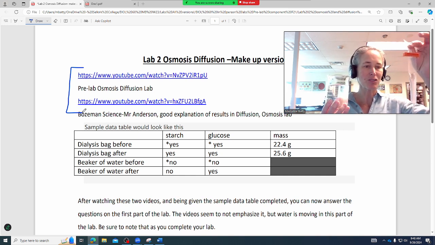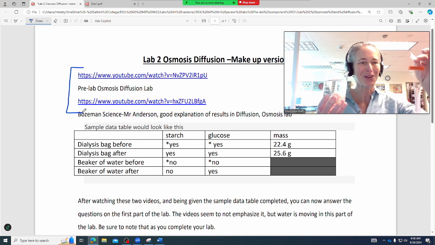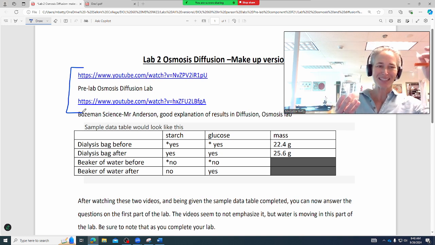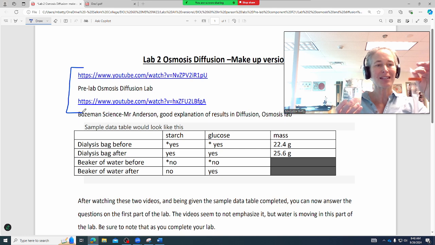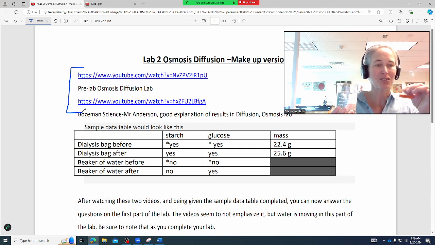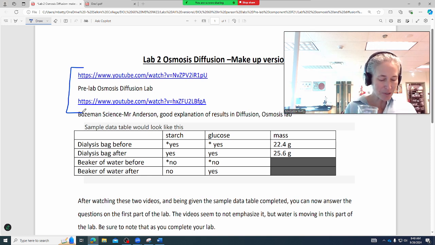I'm basically going to go through the results of this lab in this video. And so what you're missing out on is the time it takes for this to come to equilibrium. I also have an image up on the next document I'll share with you so that you can see what's going on. So to get started, I'm going to recreate these initial